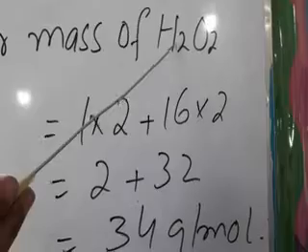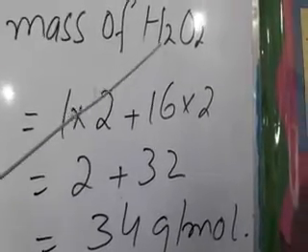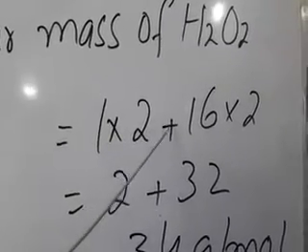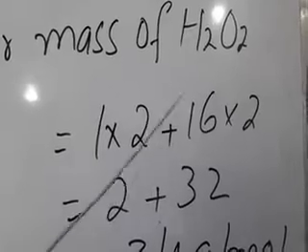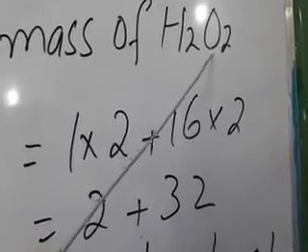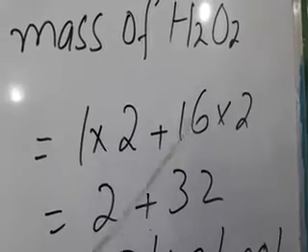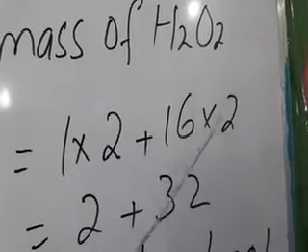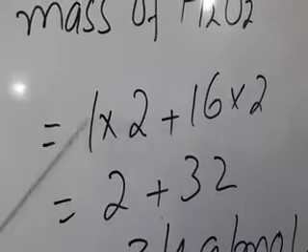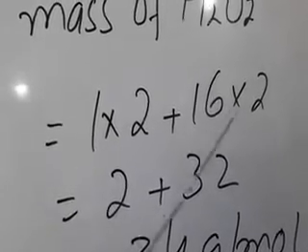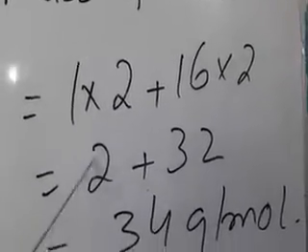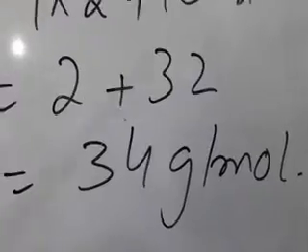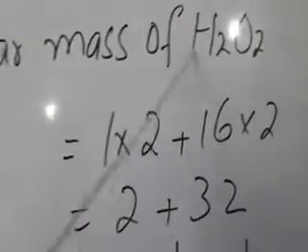Atomic mass of hydrogen is 1. And how many atoms are there? Yes, 2. So we'll multiply that 1 with 2 and we'll take its sum. We'll put an addition sign there. Then we'll put the atomic mass of the next element, oxygen, that is 16. And we'll multiply it with the number of atoms present there. So it's 2. So we multiply that 16 with 2. Now multiply it. 2 ones are 2 and 16 twos are 32. Taking their sum, it's 34 grams per mole. So now 34 grams per mole is the molar mass of hydrogen peroxide.